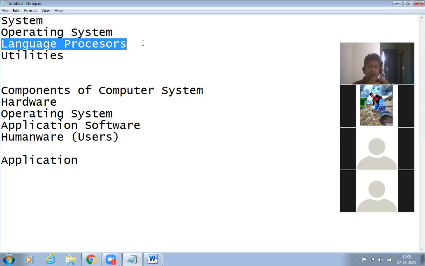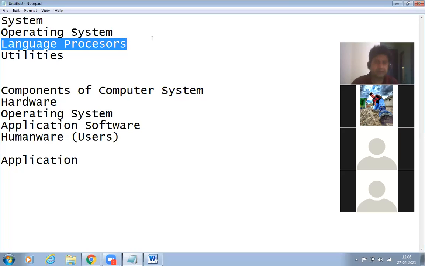The computer works on machine level language or binary language. But whenever we create programs, we work in a high level language like C, C++, or Python. There are some programs that translate the high level language into low level language.